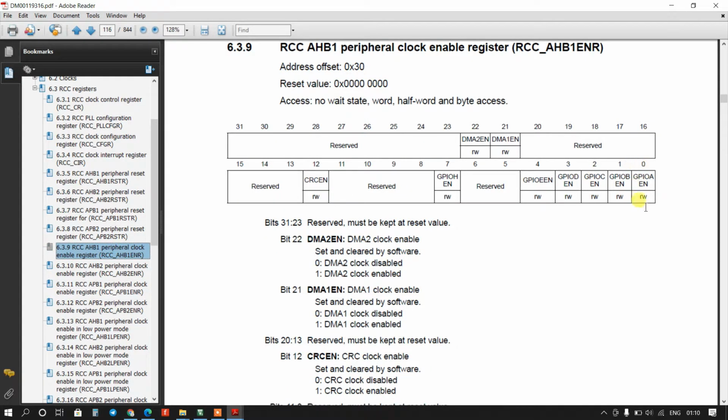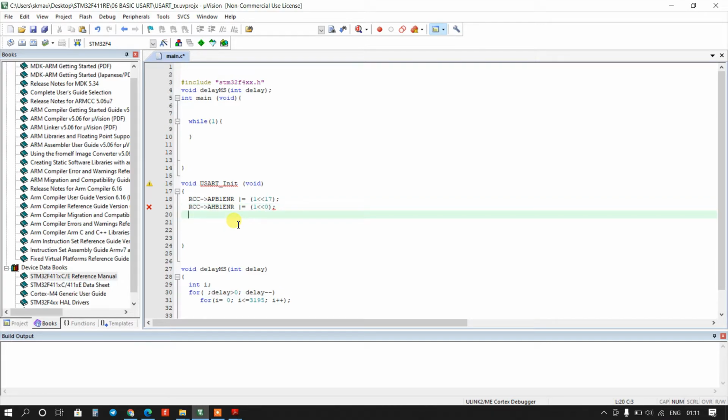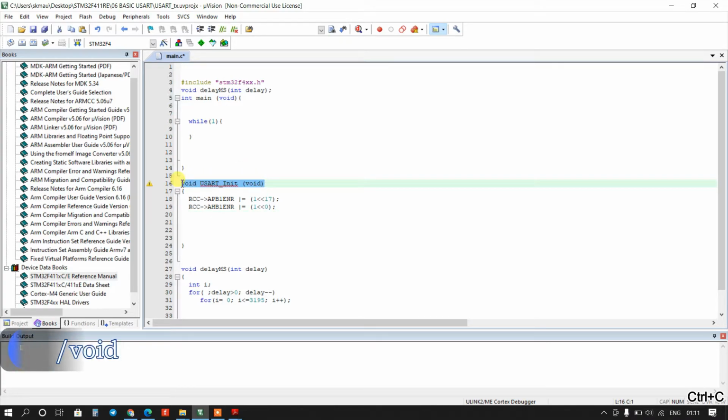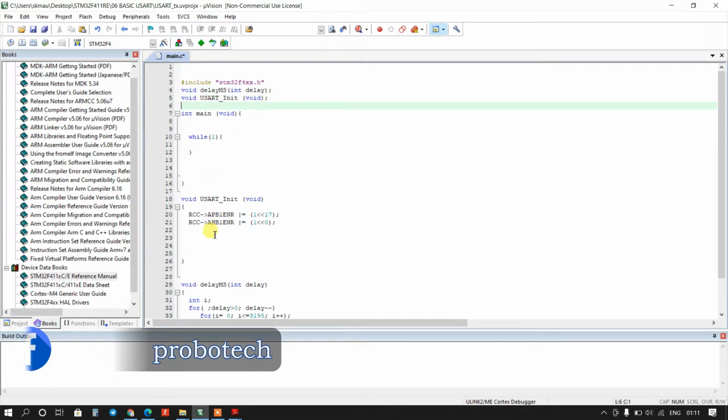So the 0 bit is dedicated to port A enable. So we have to set the 0th bit. So 1 left shifted by 0. Okay, and first of all we will make a prototype function.